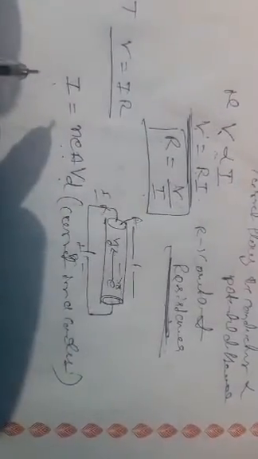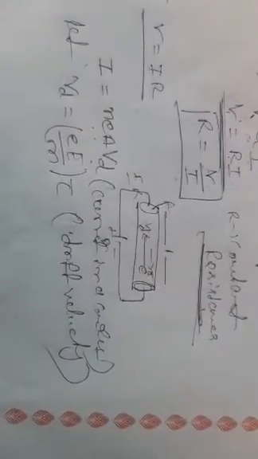Okay, now, first, there is a conductor. What is the current in a conductor? The current in a conductor is I equal to the density of electrons n, the charge of each electron e, the area of the conductor A, and the drift speed of the electron Vd. That is called current in a conductor. From the previous derivation, the current in a conductor is I equals n e A Vd.